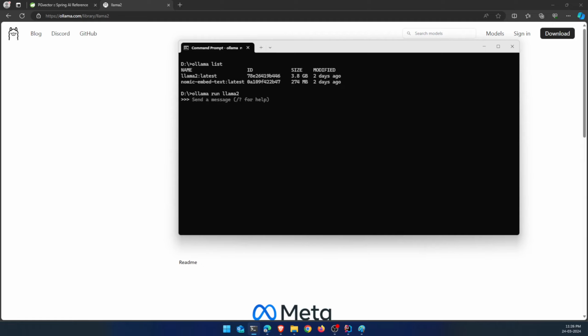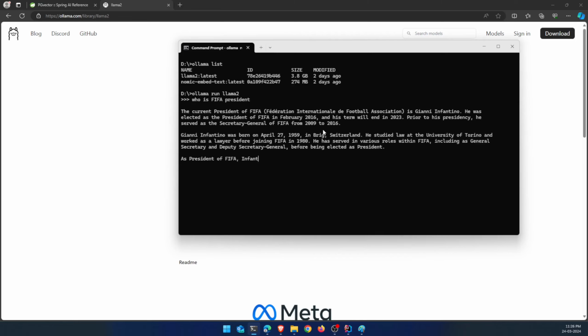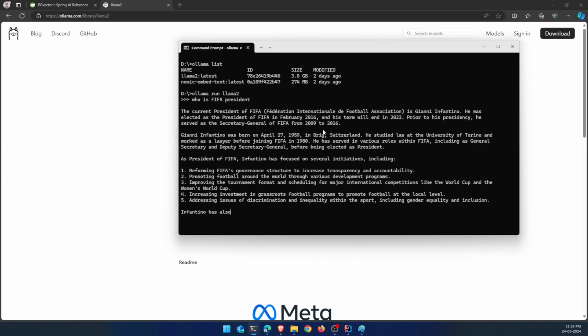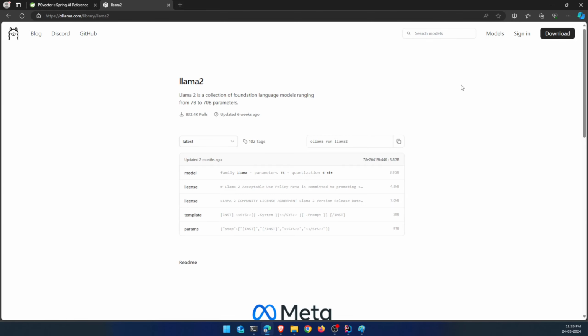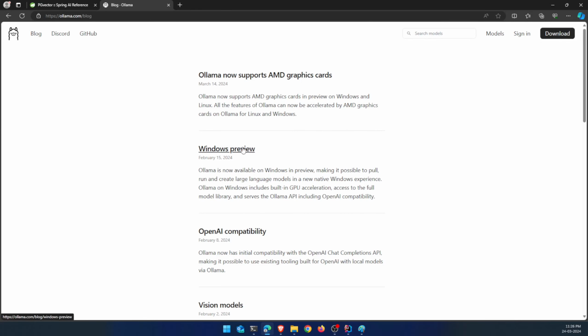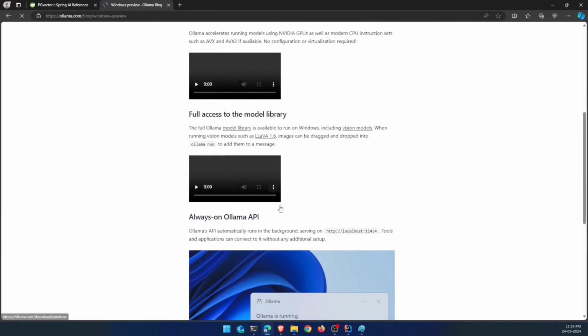Okay, and say you ask something like "who is FIFA president", search anything and it will give you the response. The response time and generation speed will vary depending upon your processor. If you have a GPU, it will automatically try to utilize that. So you can go to the blog section over here and check the Windows preview here, and then